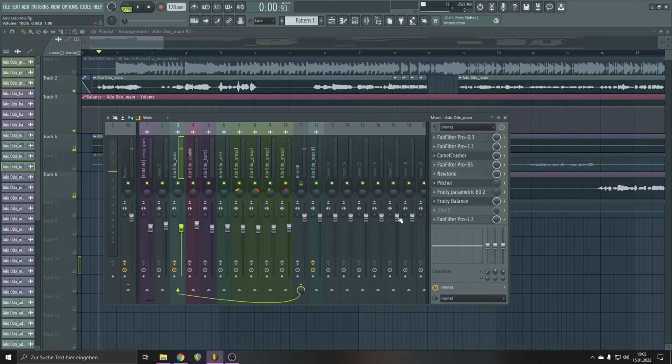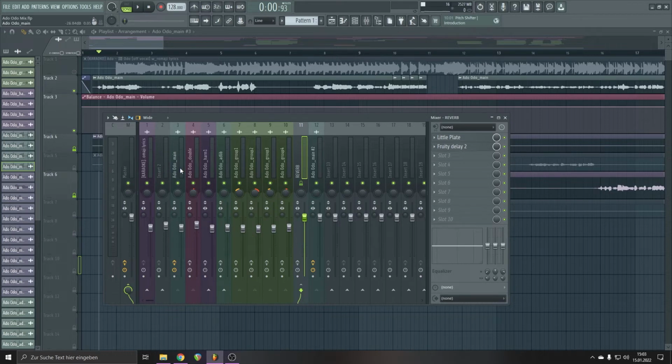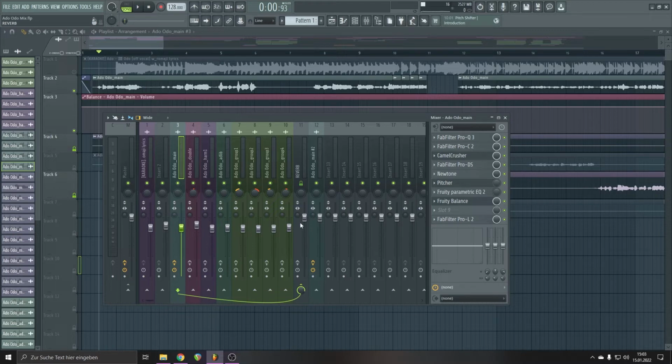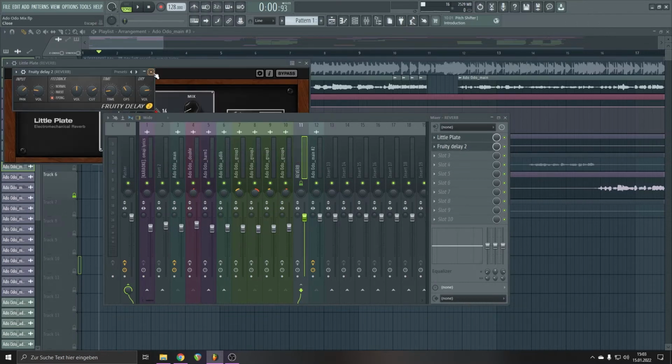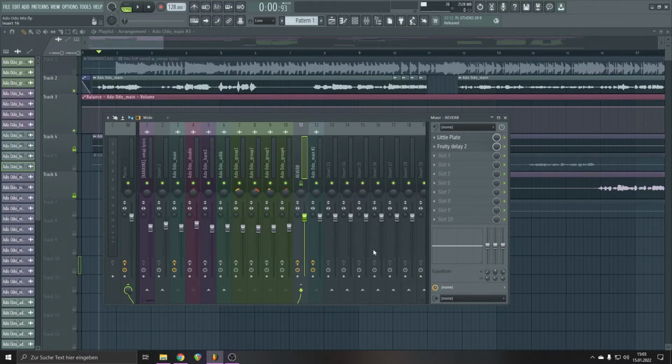And now, the next part, you can see I already have quite a few of these effect slots used here, but that's no problem because I can easily connect this one to a reverb send. So what this does essentially is it sends the signal going from this channel to this channel only. So it's not going directly into the master, but in this channel. So it goes from there to the master. You can see here the reverb channel is connected to the master track. And on this reverb channel, I have a plate reverb and a delay plugin. So if I activate this,